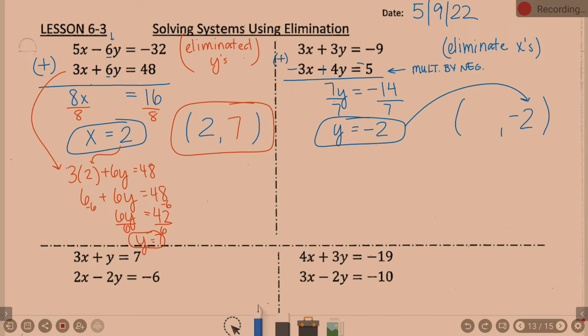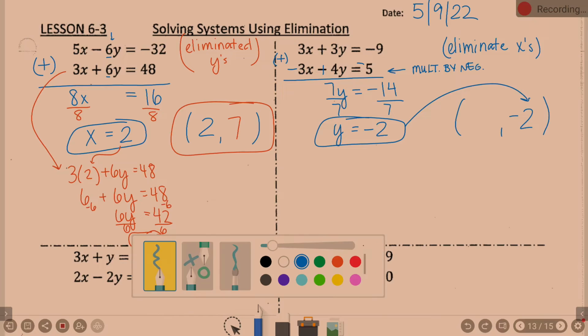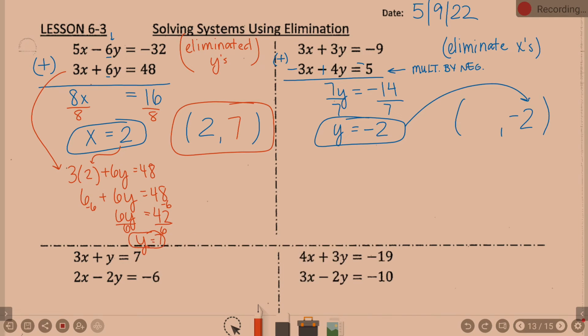Take this negative 2 and put it back into one of the original equations, right? So I'm personally going to pick the top one so I don't have to worry about what my signs change to. I'm going to say 3x plus 3 times y, which is negative 2,